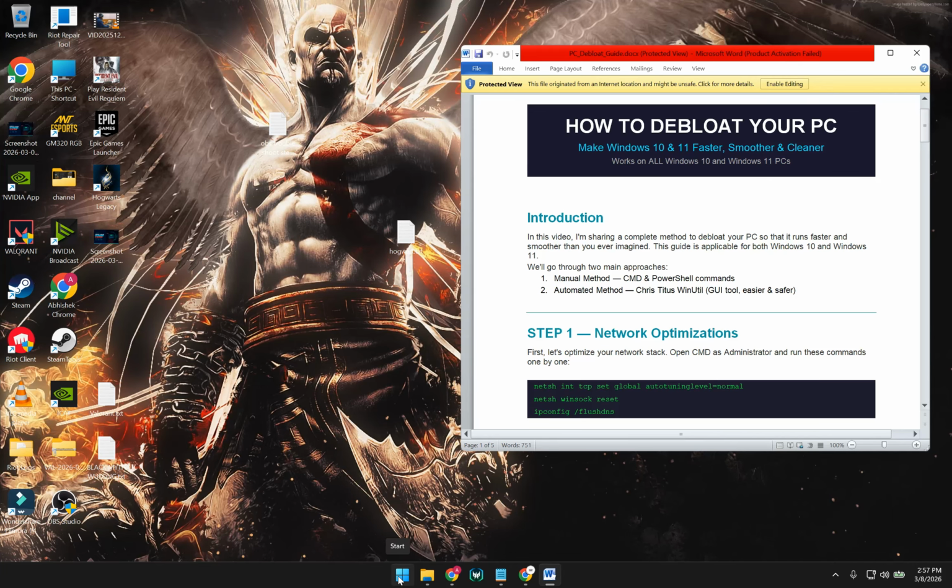The second step is removing bloatware. So how will you remove it? There is one manual approach and another automated. I like the automated method, but let's go through the manual one also. It might help you. Before doing these things, you need to open PowerShell, run as administrator,